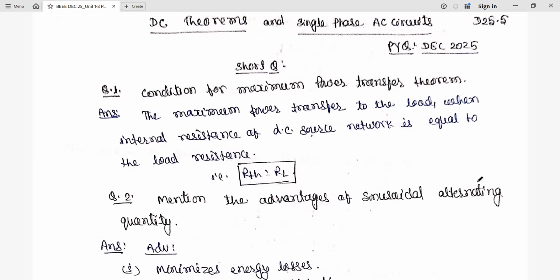Here we'll have a discussion about different types of theorems, like the importance of the superposition theorem, reciprocity, and Thevenin's networks. On the basis of that, we are going to see the previous year questions. Apart from this, we have a single phase AC circuit. There we discuss how to find the average value and RMS value, and how to analyze RL, RC, and RLC circuits for AC inputs. These are very important concepts, as well as questions from